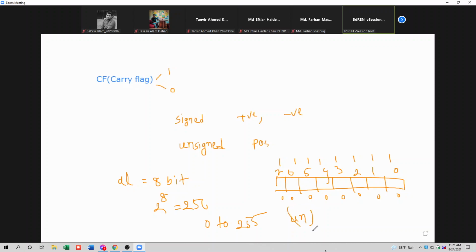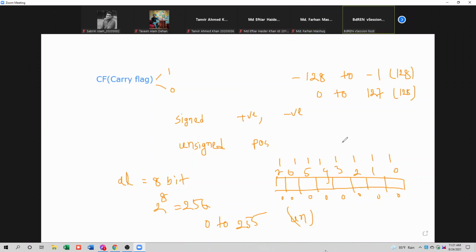What about signed integers? In signed integers, some values will be positive and some numbers will be negative. So we can divide this data into two halves. The first half for the negative numbers and the second half for the positive numbers. The range of signed integers will be minus 128 to minus 1, these are the negative integers, and the positive integers are 0 to 127. So there are a total of 128 negative numbers and 128 positive numbers. So a total of 256 numbers can be represented. Is that clear? Yes, ma'am.